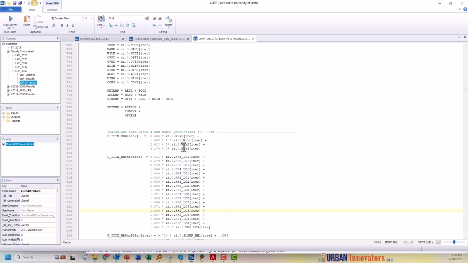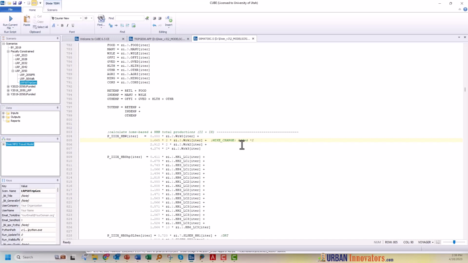Now another thing to pay attention to is when you're going to modify a script like this, it's modifying the script for everything that ever happens in the model for all different scenarios. So what you need to do is remember that you might change. So you need to have some kind of a code here that you can search on to be able to find this. And so I added